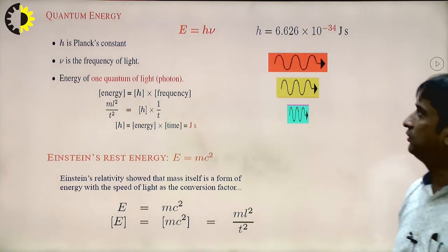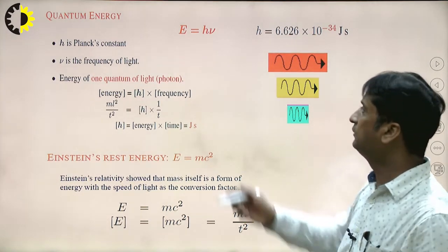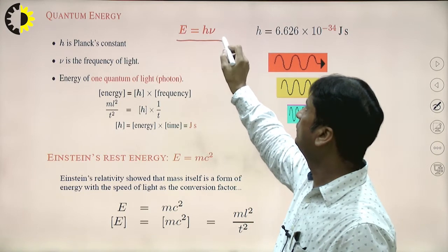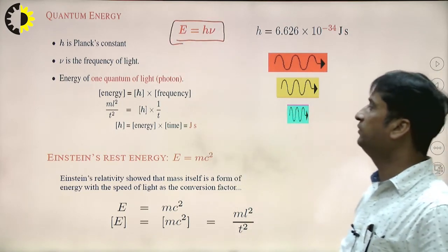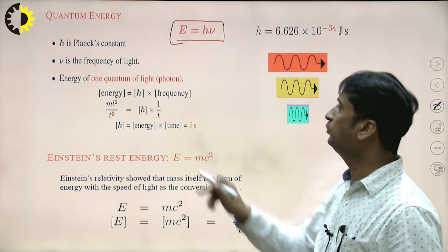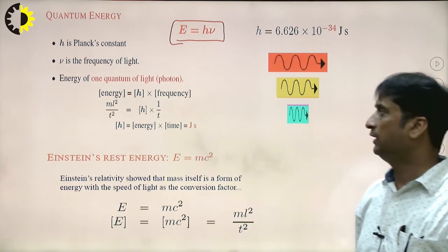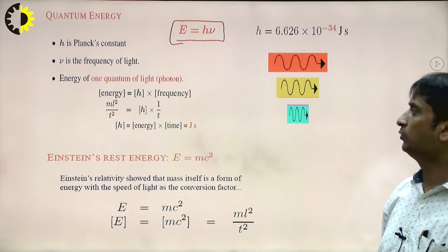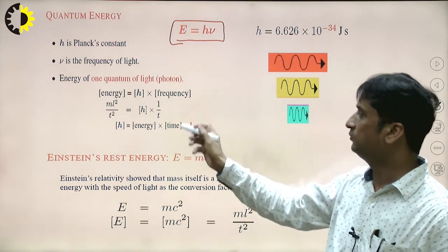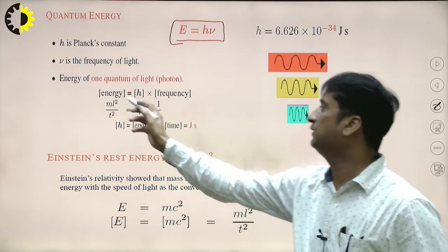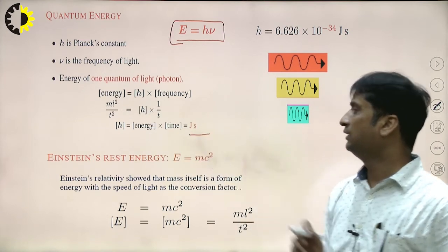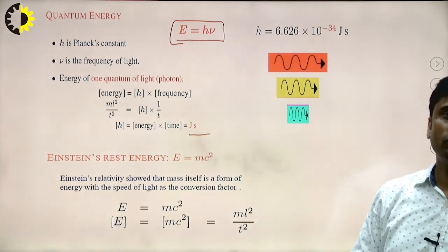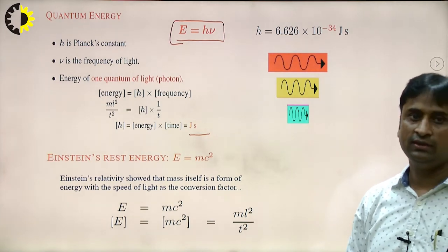In the case of quantum energy, we know there is a well-known expression E is equal to h nu, where h is the Planck's constant and nu is the frequency. This gives the energy of 1 quantum of light, a photon, which can be calculated by this. So E, that is energy, is given by this, h is the Planck's constant, frequency is 1 by t, and